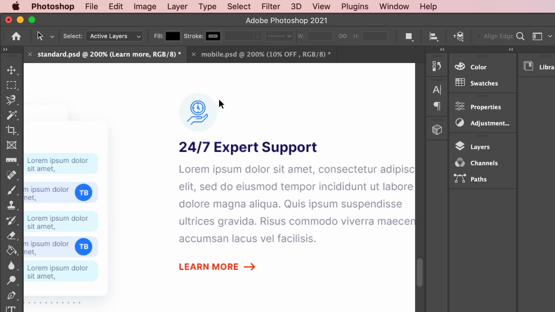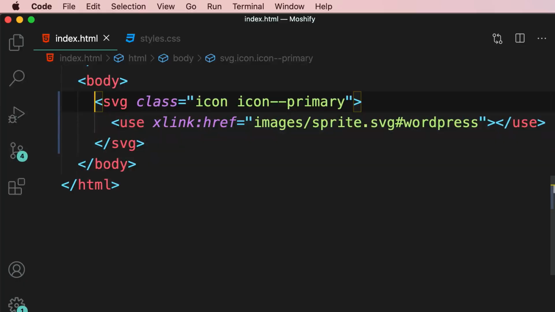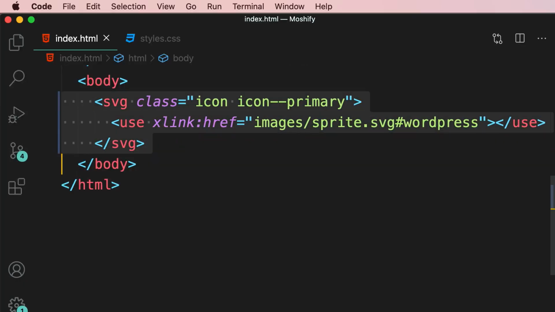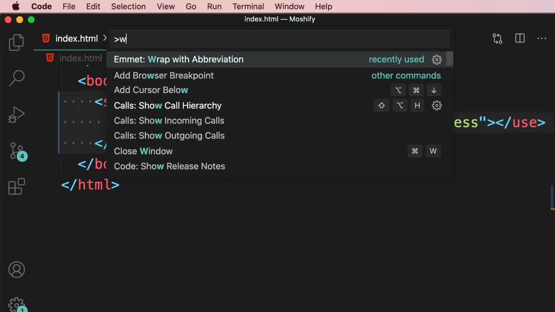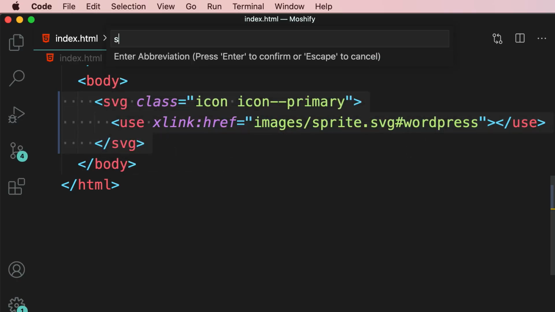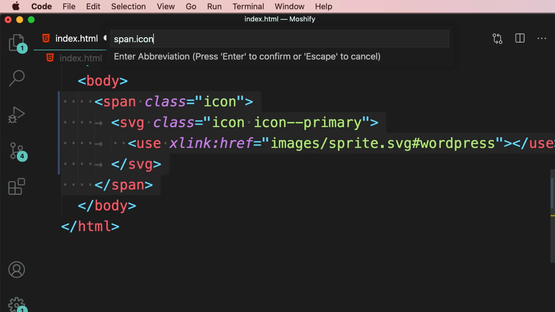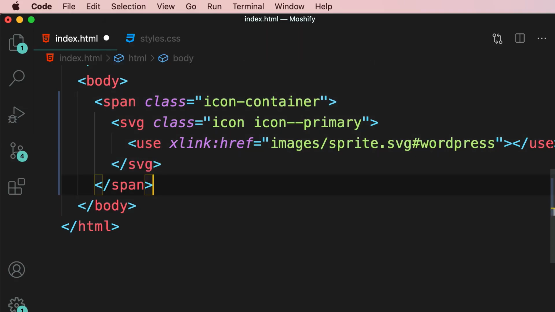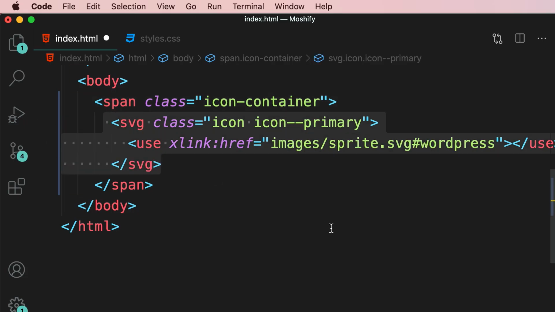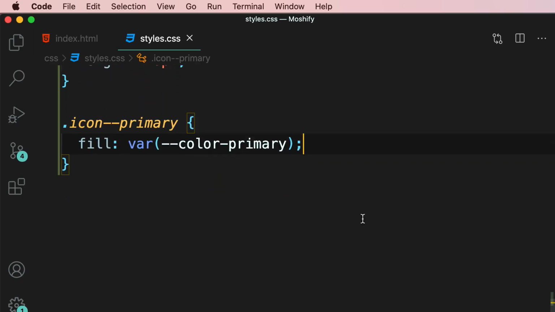Now, let's work on this circle. To implement this, I'm going to wrap this icon with another element. So we bring up the command palette and search for wrap. We're going to wrap this with a span with the class of icon-container. So here's what we get. We have a span with this class, and inside this class, we have an icon. Now, back to our style sheet. Let's define this new class,